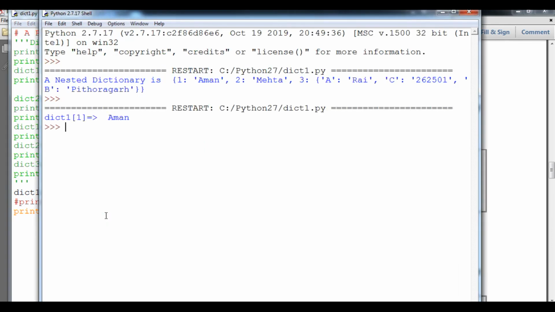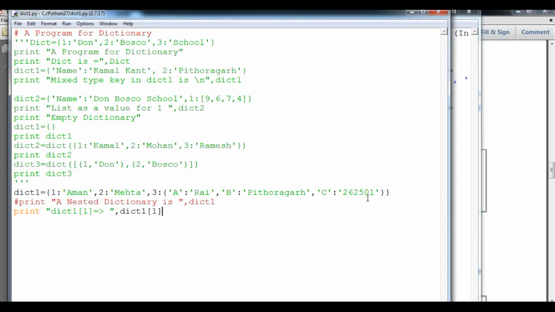Now let's see what the output is. You can see Aman. And if I type another dictionary element, like here comma, we can say age. So here age, suppose we say 14.